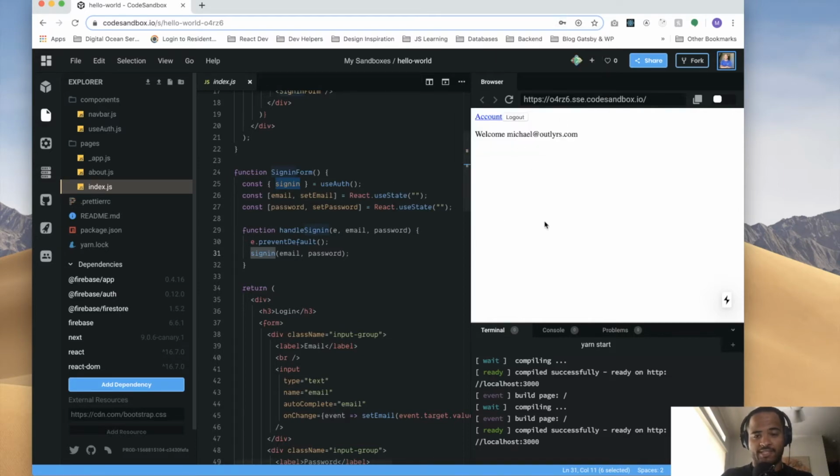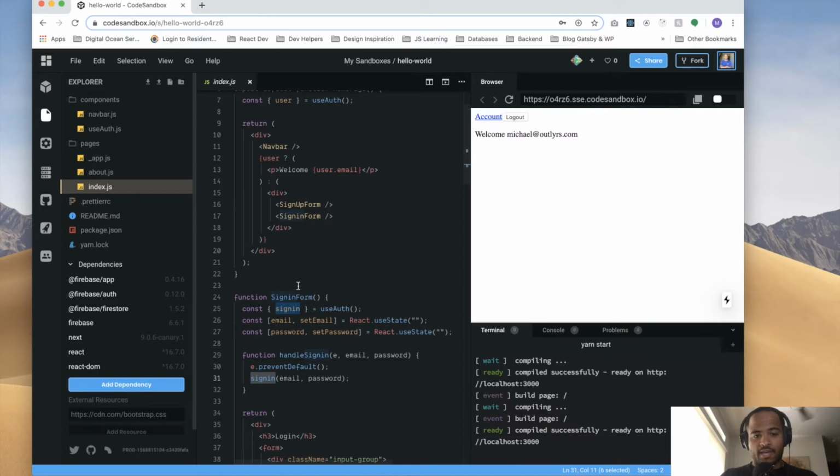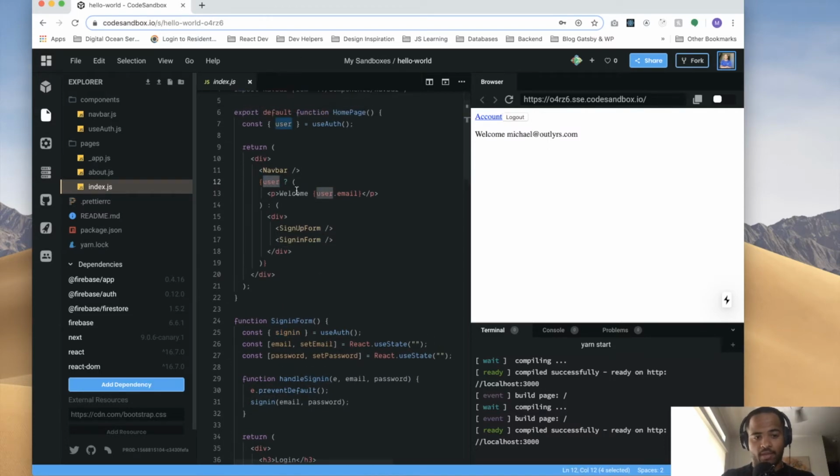Boom. And as you can see, because that user state changed, it reloaded the app. Because we set user, the user value changed, so that context updated. So now we're able to update the app based on the user. So now we see this code instead of this code because we have a user, which is super cool. I didn't have to do like,